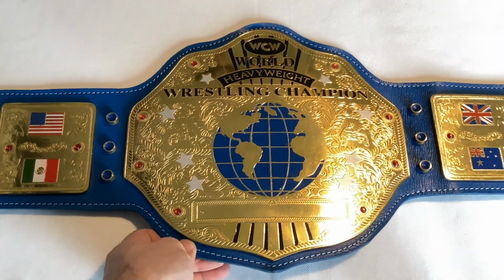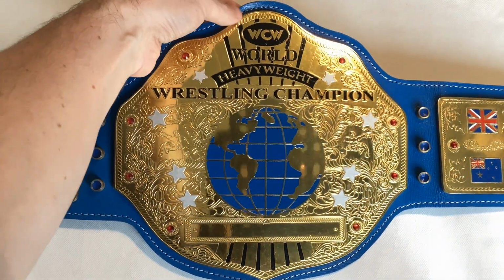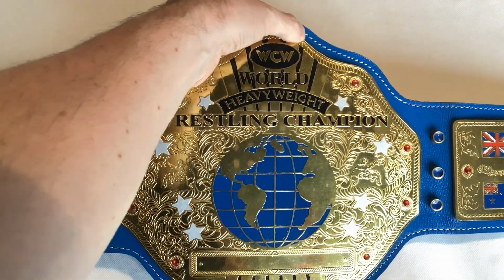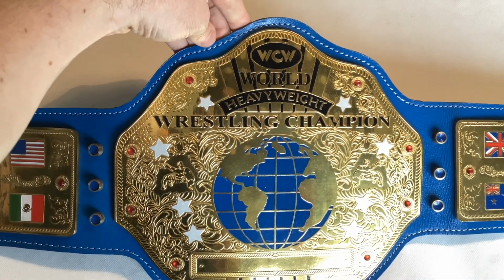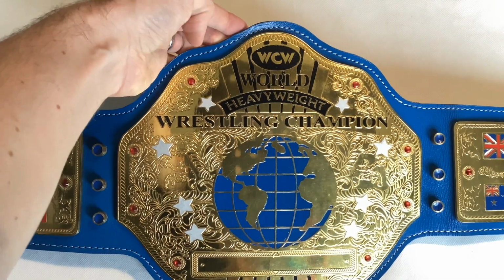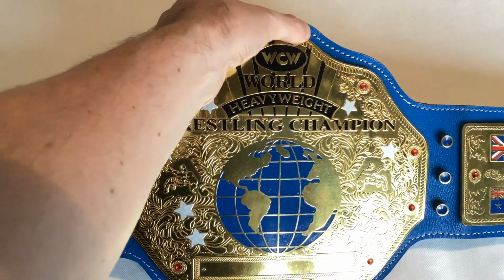What else? Well, I also thought centre plate placement is a little bit off. So if I tilt this towards you, you'll see that the top part of this WCW doesn't quite sit perfectly with the stitching going on around the edge. And that is pretty much equidistant, the stitching from the edge of the leather all around there, which suggests that this centre plate is a little bit too far to the left. I think the whole thing needs to go just a few millimetres to the right so it properly sits within